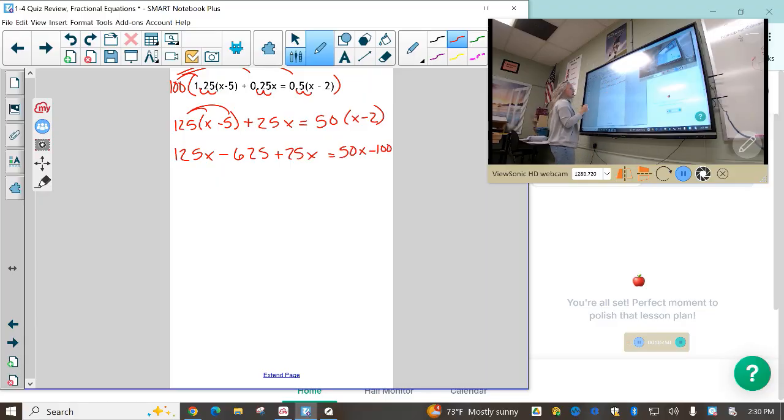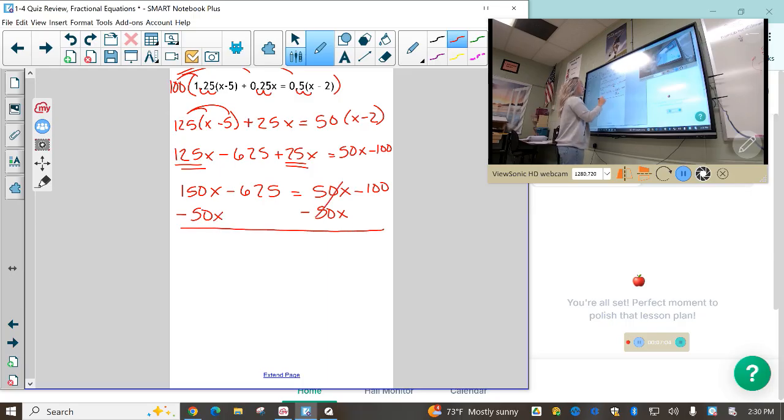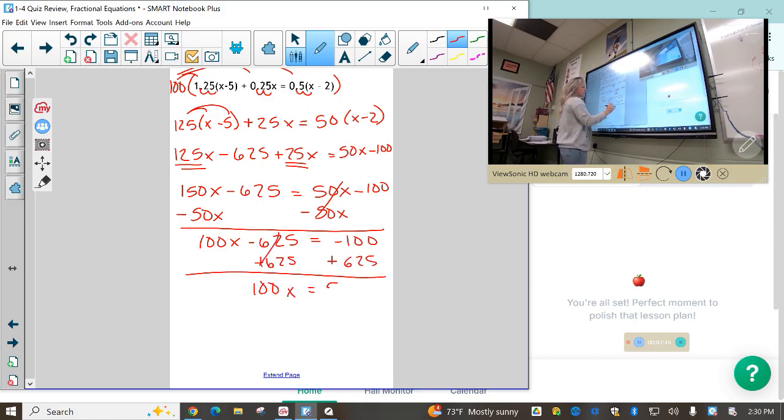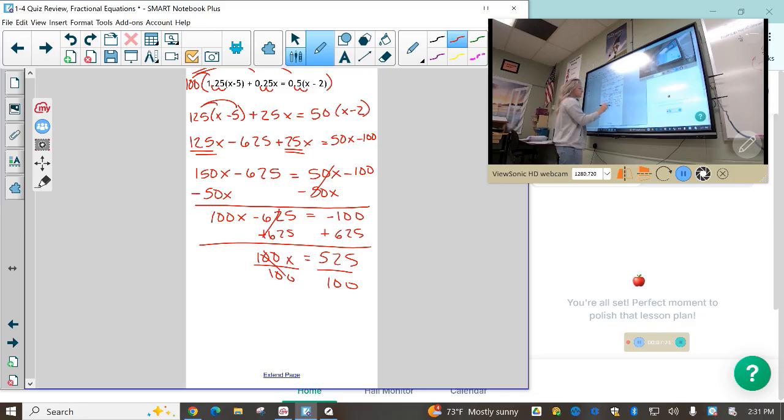I'm going to combine my like terms. So I have 150x minus 625 equals 50x minus 100. Subtract 50x. So I have 100x minus 625 equals negative 100. Add 625, 100x equals 525, divided by 100. X equals, reduce that, divide by 25, divide by 25, I believe, is 21 over 4. So that should be